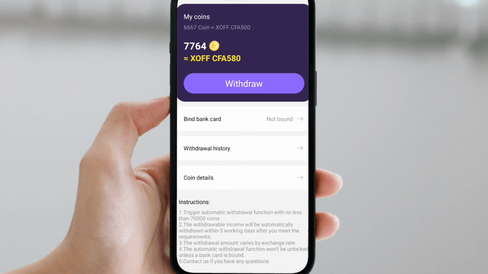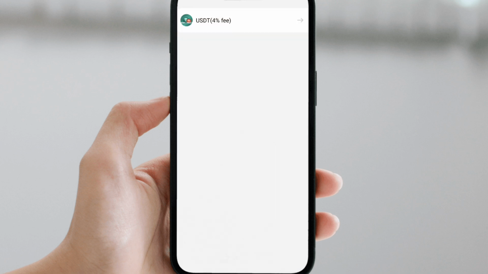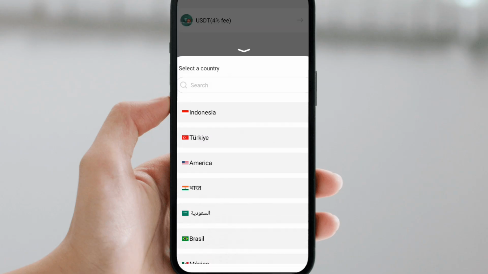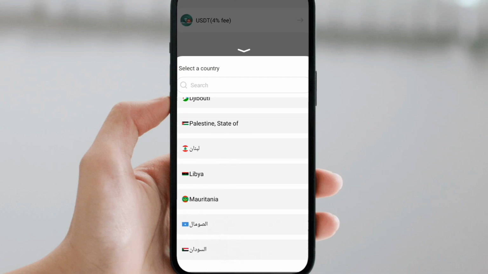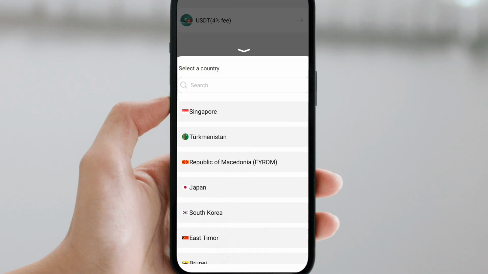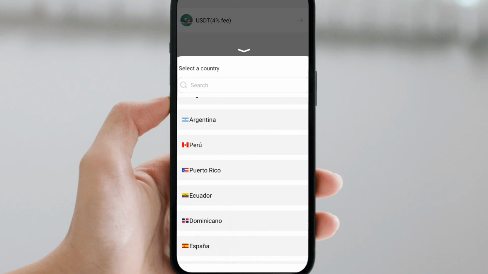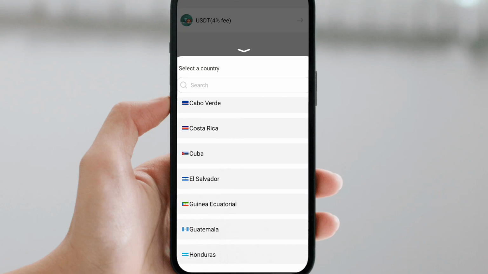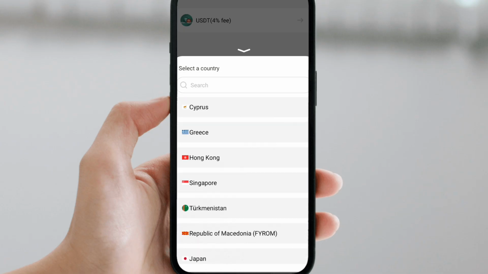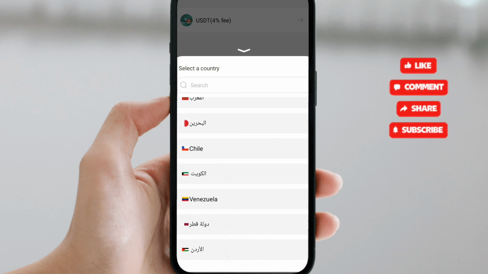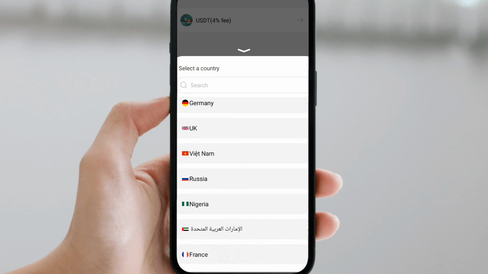Then here is where you can bind your account. Why it's showing like this is because of the country I am living in. So once I tap this place now, countries will pop up. When I meet my withdrawal threshold, I will search for Nigeria so that I can put my local bank account. All right, Nigeria is also here. So you can look for your own country. You just search for the countries here. You'll see your own country, so that if you want to withdraw your money to your local bank account, you can do so. So as you can see, Nigeria.